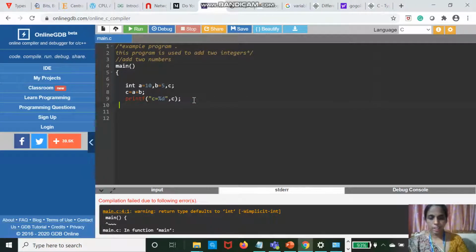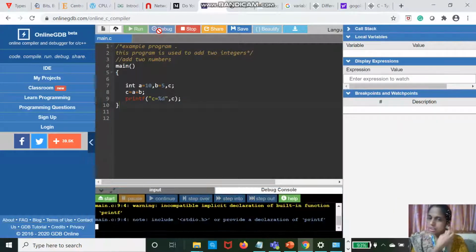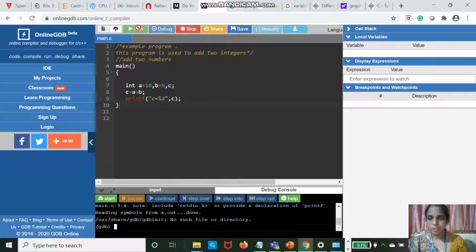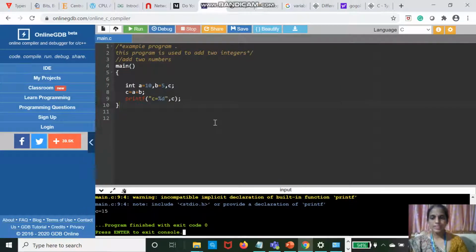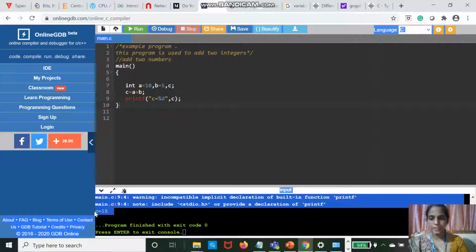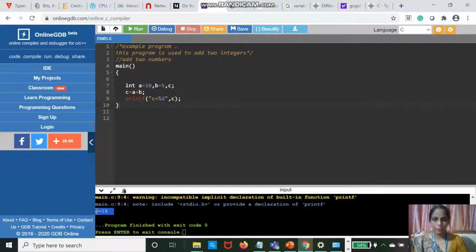So I went there and edited. Again I'll debug. There is no error, so I can run it. I'm running. I'll get the output C is equal to 15. This is my output. C is equal to 15.